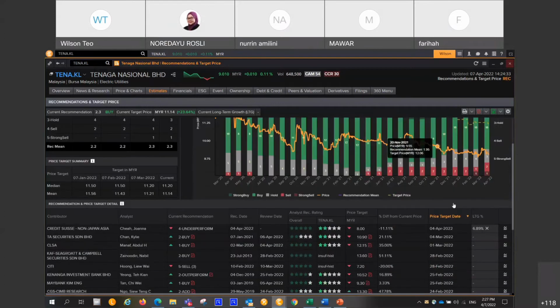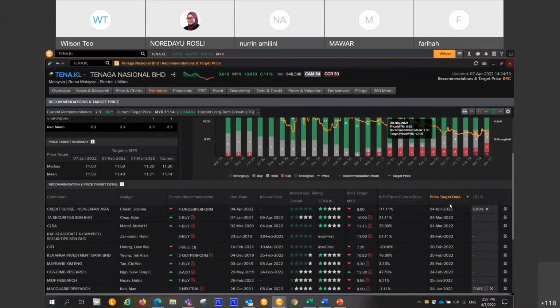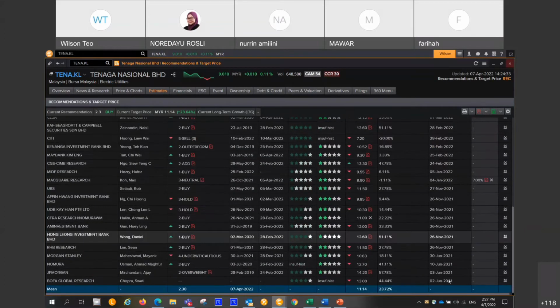Now, if you follow me, come to the target price. The problem with the target price is that it has some very old data. For instance, can you see where my mouse is? You can see June 2021, you can see November. So all these analysts did not update the target price at all, because now you and I know